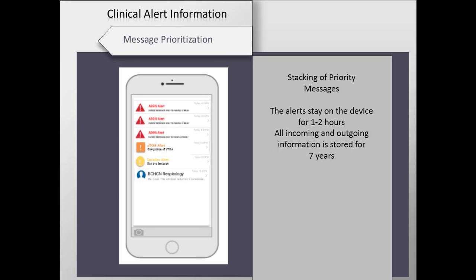When you receive a clinical alert, they will stack on the home page based on their priority. Alerts are classified as high, medium, and low priority. High priority alerts always stack at the top of the screen and are identified by a red triangle. Medium alerts are identified by an orange square, which stack next, and low priority alerts identified by a yellow circle